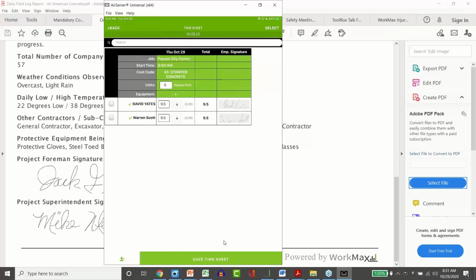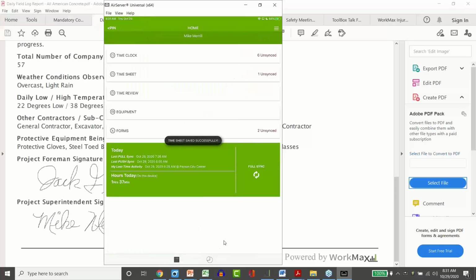So those signatures accompany those times, and now that I save the timesheet, that comes in with the same as the punches. So this is not real time, it's not nearly as accurate, and you're not going to get the benefits of facial recognition, but that is another workflow that is available as a setting within the system. And so it's important for companies to be aware that we do have multiple options for companies that have different